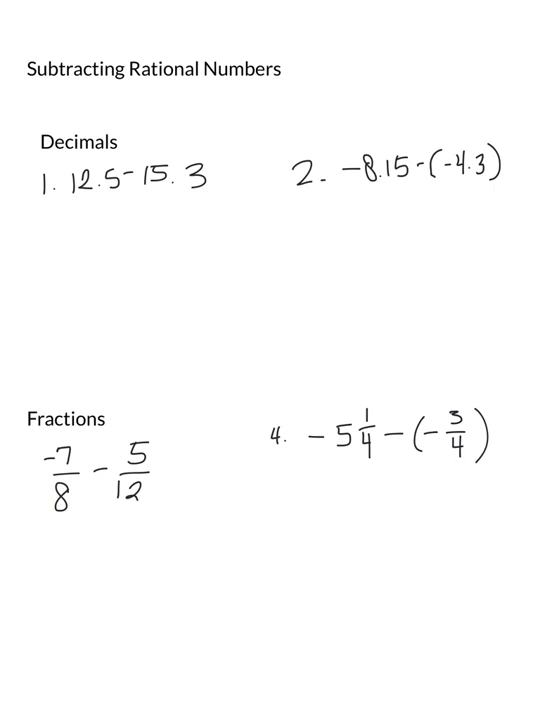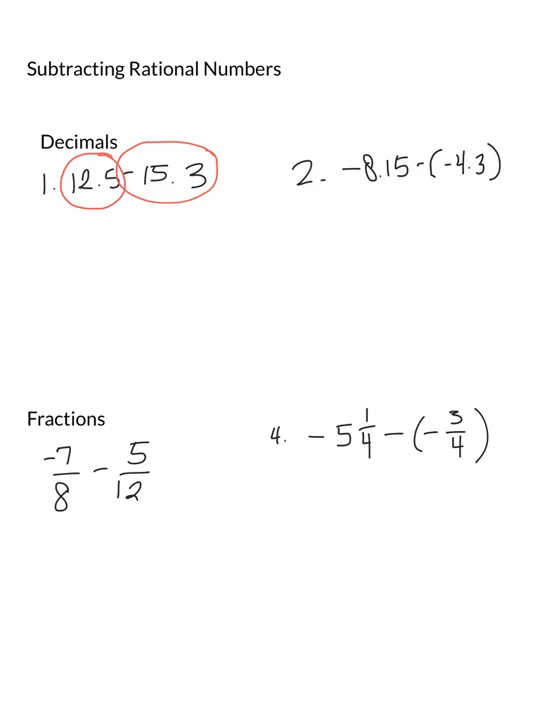So in number 1, you have 12.5. That is your first term. And then in the second half of that, you have a negative 15.3. So now we're going to go back to what we learned about subtracting integers. So I have a positive 12.5. I have a negative 15.3. So when we put a positive and negative together, just like when we add integers, we're actually going to subtract